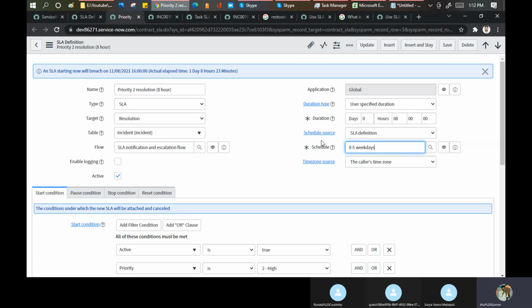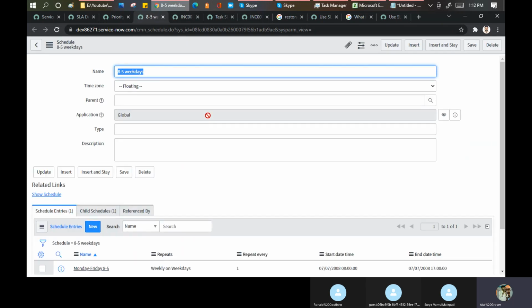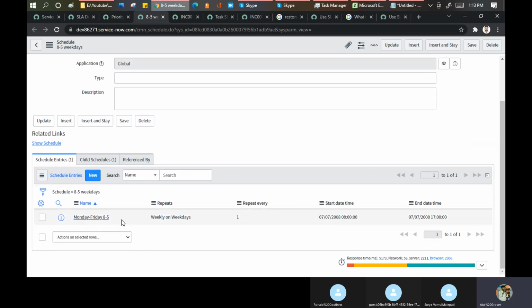So you have to configure a separate schedule for that particular customer. And 5 cross 16 means you have to go here and define your SLA schedule like this only. In the schedule, what is the 5? It's 5 days, and every day 16 hours should be there. So you will define that here only. Like this they have defined it weekly, on the weekdays only.